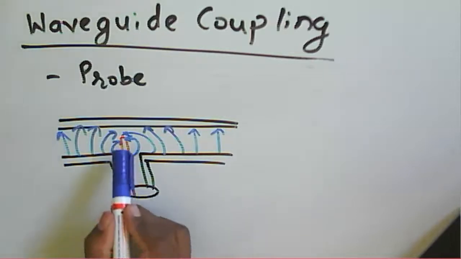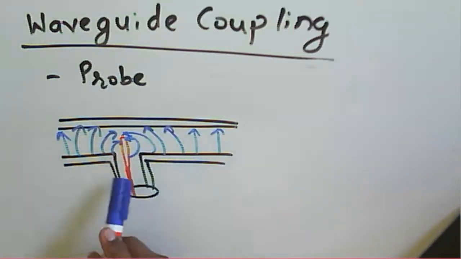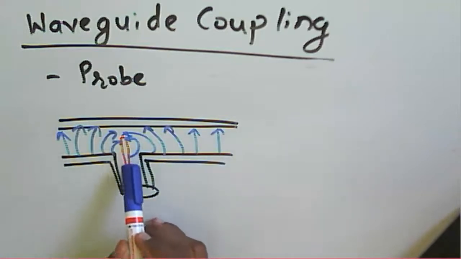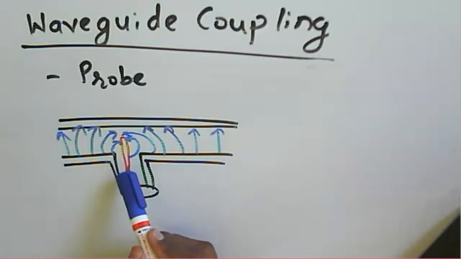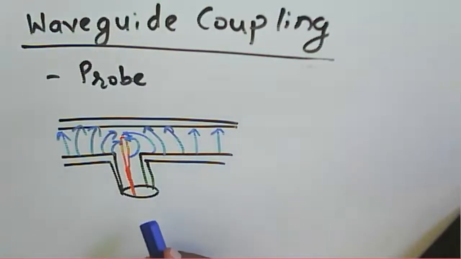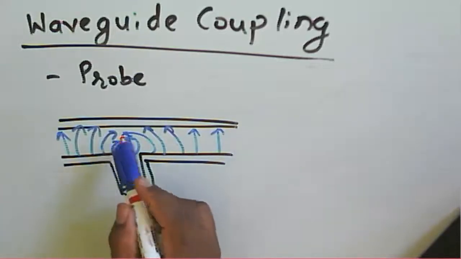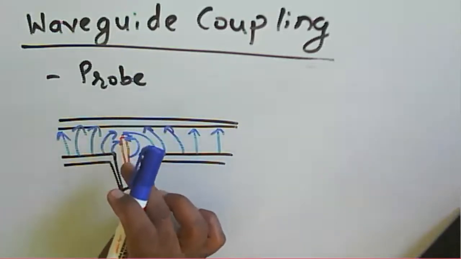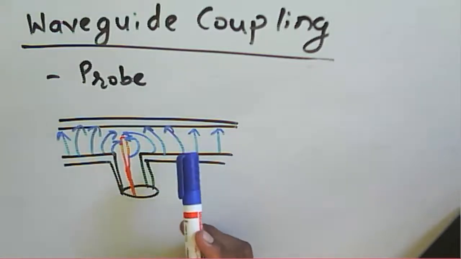And we can increase the power transmitted through the guide using the length of this particular probe. If we reduce the length of the probe inserted in the guide, then the energy transmitted through the guide will be reduced. If we increase the length of the probe, then the energy transmitted through the guide will be increased. So similarly,